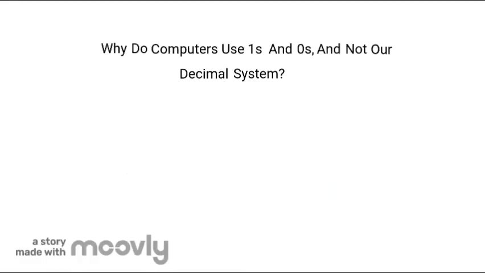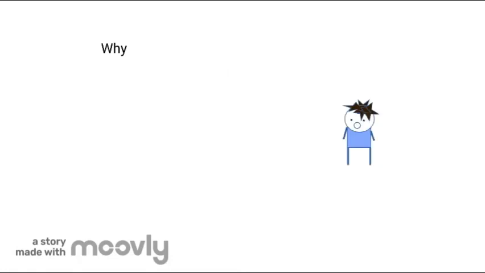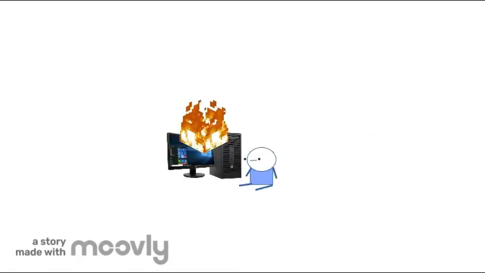Now, you might be wondering, why do computers use ones and zeros and not our decimal system? Great question. The decimal system we use is made up of 10 digits, 0 through 9. If a computer has to switch between 10 different combinations, then it would be working too hard, which means